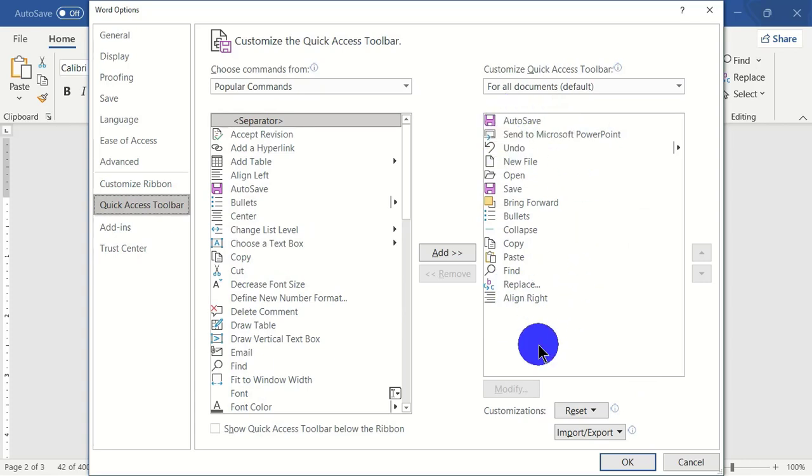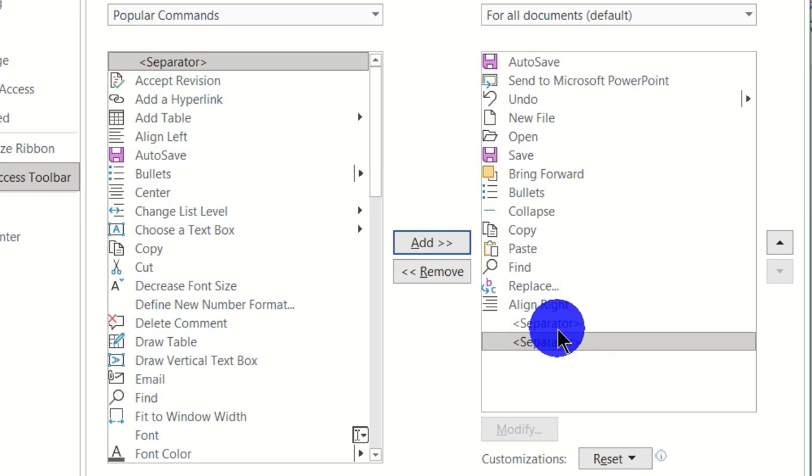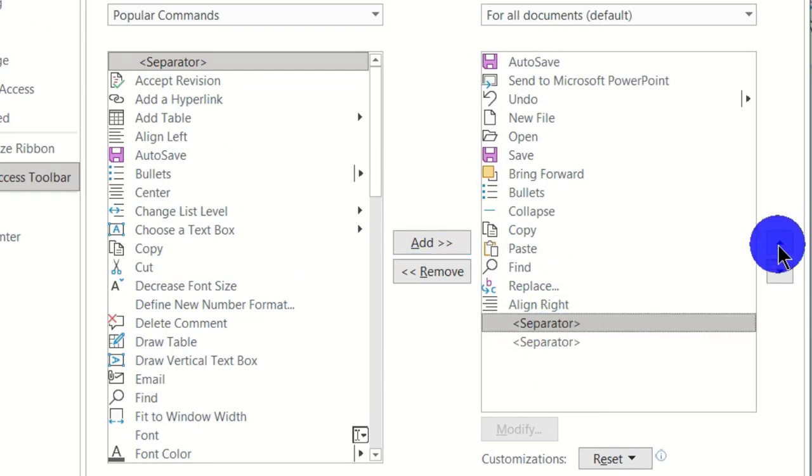To add the vertical line, which is known as the separator, you come to this section and you can see we have this command as separator. Select this and click on add. So we have this added to our quick access toolbar section. Add another one, making two. Now select this and use the move up option